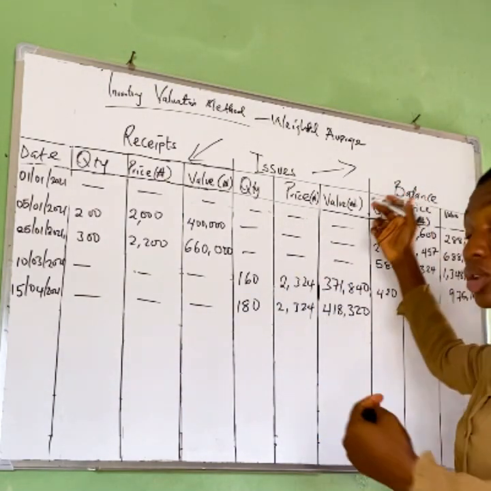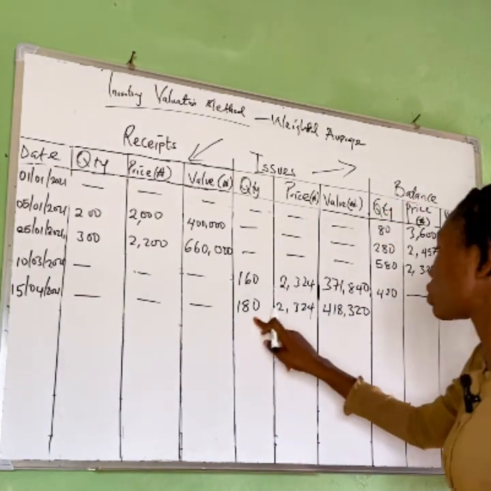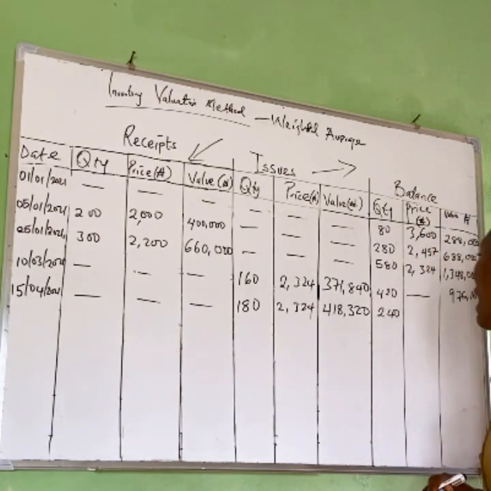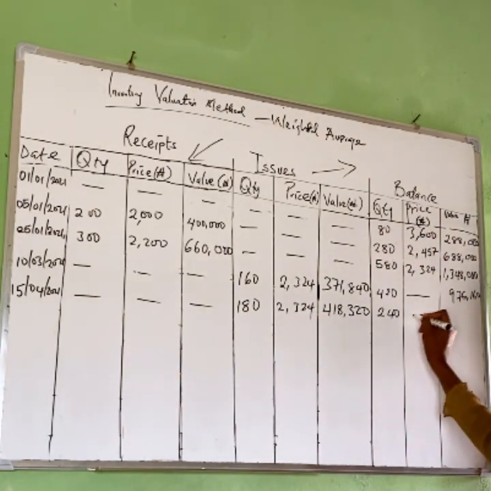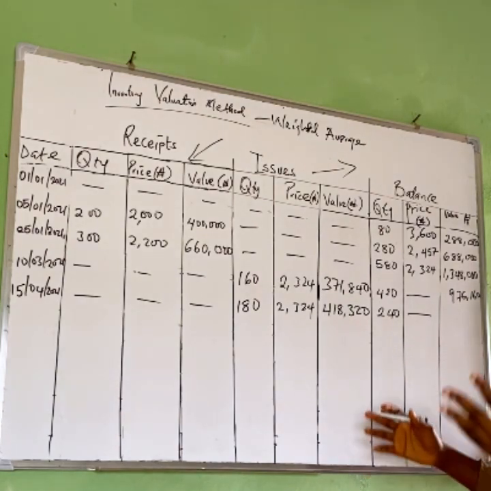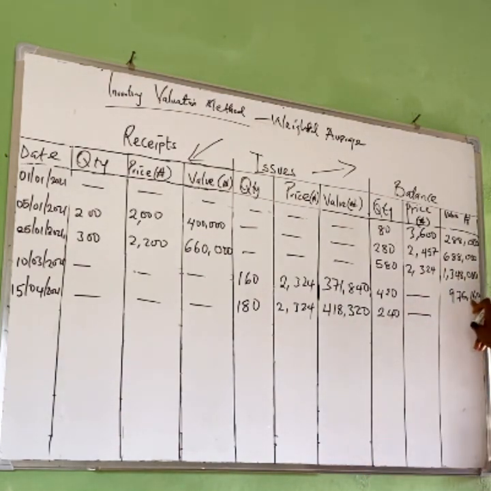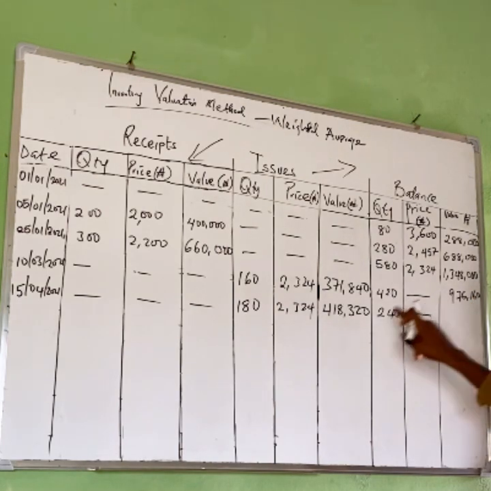Goods are going out, so we are subtracting. 420 minus 180 will be having 240. Okay, and then for the value, like I said, until there is a receipt, we don't take a new average, we still maintain the old average until there is a receipt. So for the balance, we are subtracting this